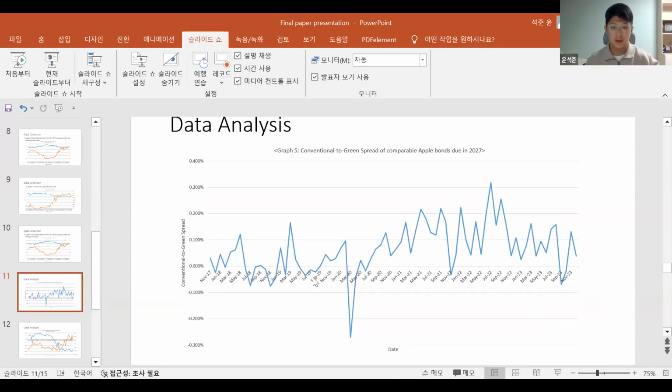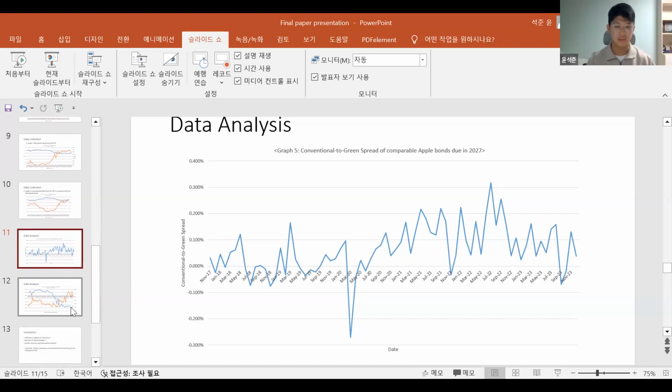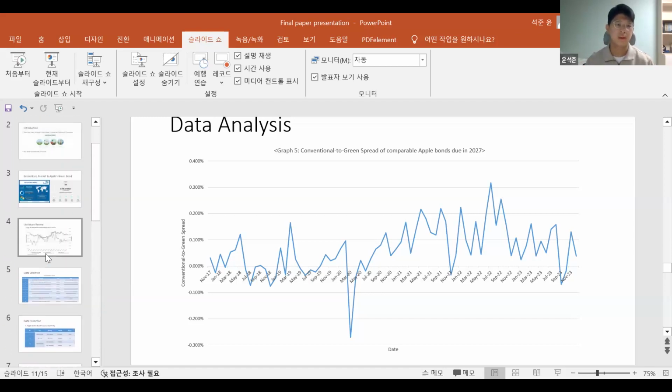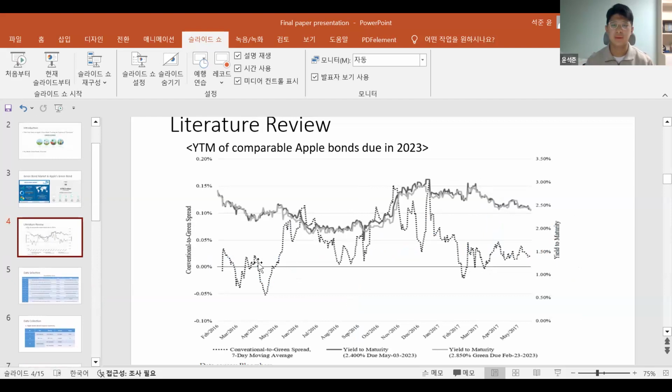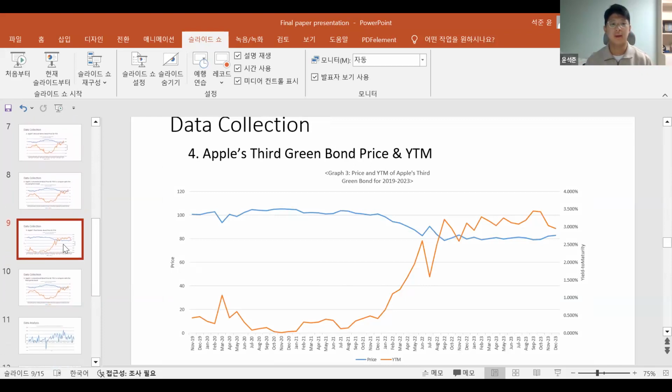And as you see, there was 70% positive, and the conventional to green spread was up to like 10 basis points to 30 basis points. And this can be evidence of a premium. However, in the literature review, the premium at that time was about 5 basis points to 15 basis points. And it may seem that the spread increased over time, but